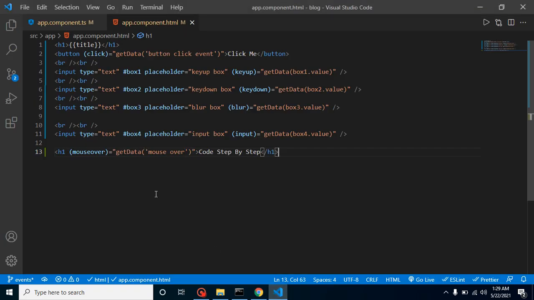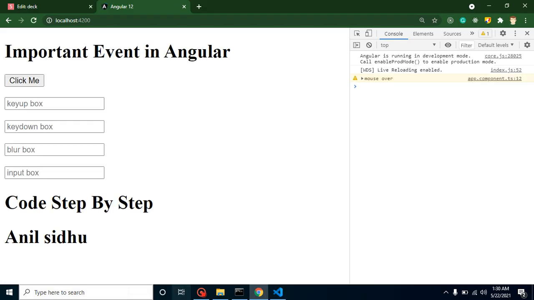In a similar way, we have one more event. Let's talk about it. I'm putting my name here, let's say Anil Sidhu, and we can simply use mouse leave. Now it will call this function whenever we are leaving our text.